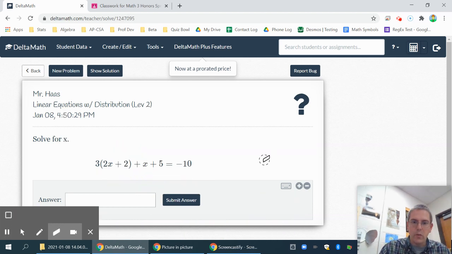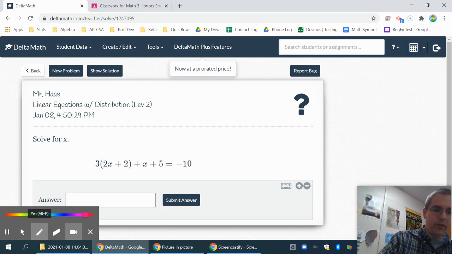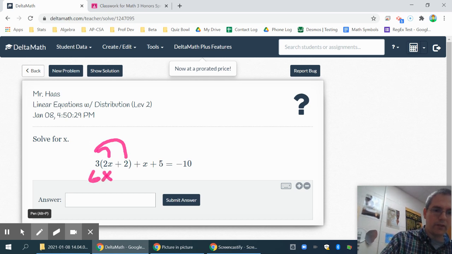Okay, this next question has a little bit more going on. It does still have a parenthesis that you need to get rid of. So some of these will be a little bit harder. You will multiply the 3 through the parenthesis. So that will give you a 6x plus 6. And then I have a plus x and a plus 5